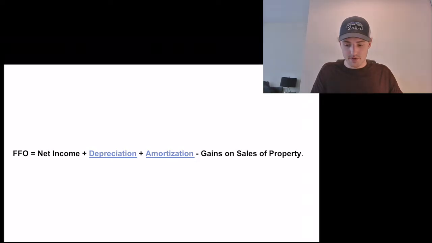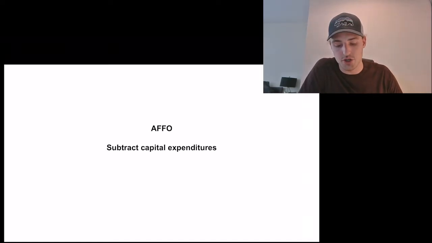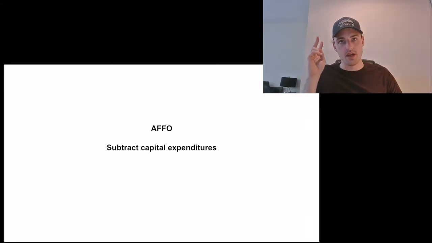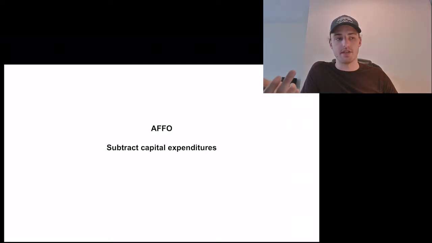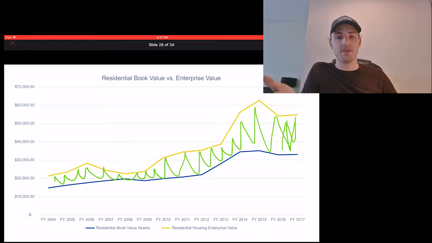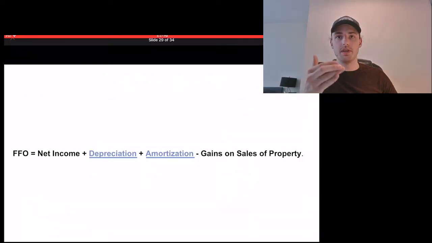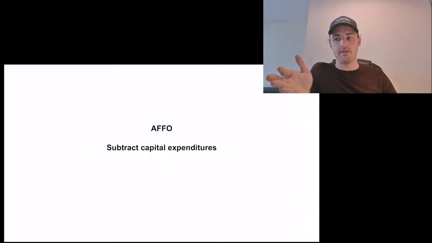So then the next thing is we get to AFFO, which is adjusted funds from operations. And this just adjusts further for other things that could really be skewing the ongoing income ability of the company. So we subtract out capital expenditures and a few other adjustments that are deemed to be reasonable, with the idea of getting a good sense of what the cash flow off the buildings are, which is likely to be very sustainable into the future,